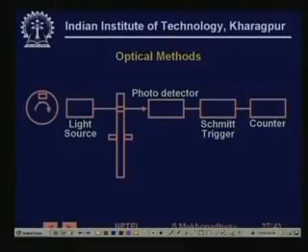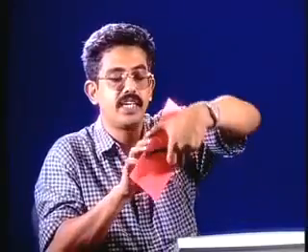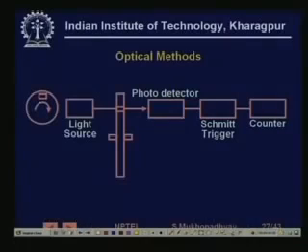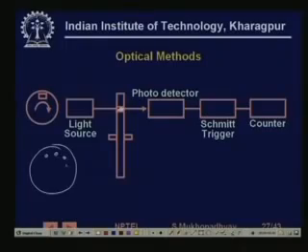Let's imagine this to be a disc, which is rotating, right? Now on the disc you put holes. You can imagine that this is a disc, and here this is a hole. You can have a series of holes on the periphery of the disc. So if you look from the front, there are several holes,